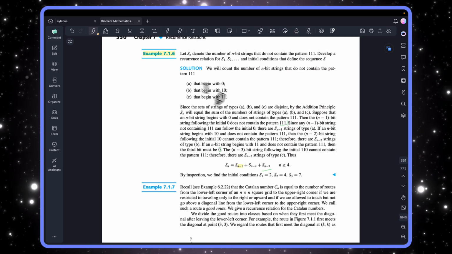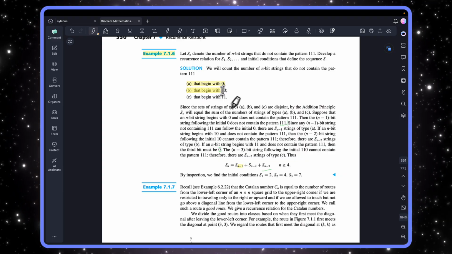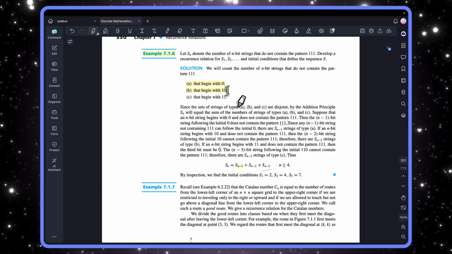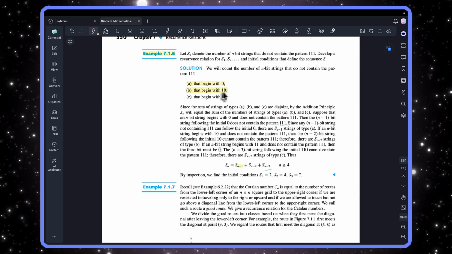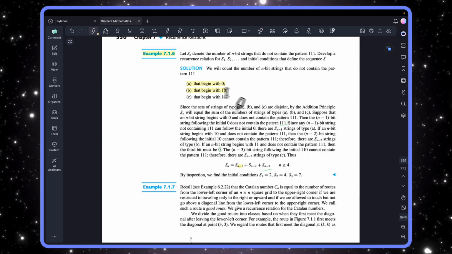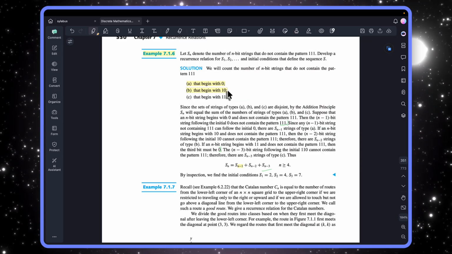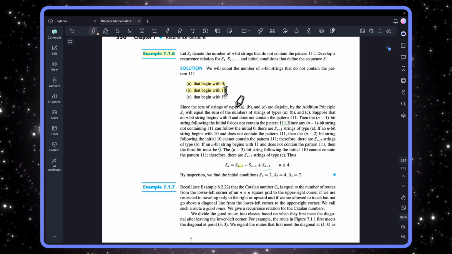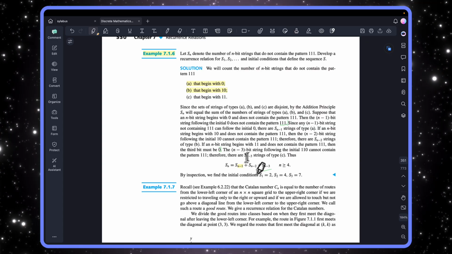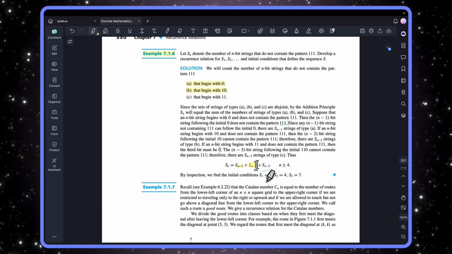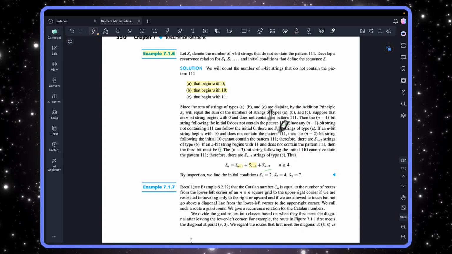So now we're going to consider all of the sequences that start with a 1, 0. If you look at that, all the ones that occur after it also don't contain a 1, 1, 1 if they're part of Sn minus 2. So that's why we have to add in this Sn minus 2. And similarly, if it begins with a 1, 1,